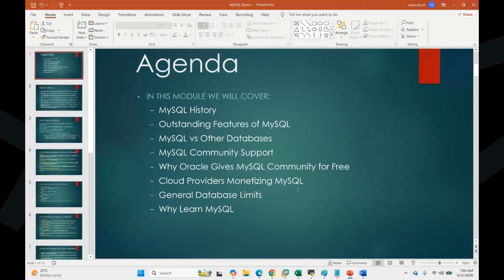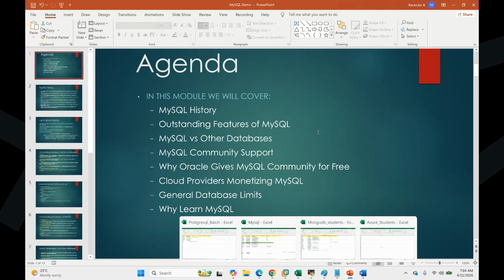Hi guys. Myself, Ravinder. Just to give a little introduction about myself. I'm working on SQL DBA close to 20 years now. I'm working on MongoDB more than 10 years, and MySQL and Postgres more than 8 years now. I do work on MariaDB also, and I do work on AWS and Azure cloud technologies as well. My role is that I'm working as a tech lead escalation engineer. So any escalation that we get, I'm the point of contact to handle all of that in the environment. So that's a little introduction about myself.